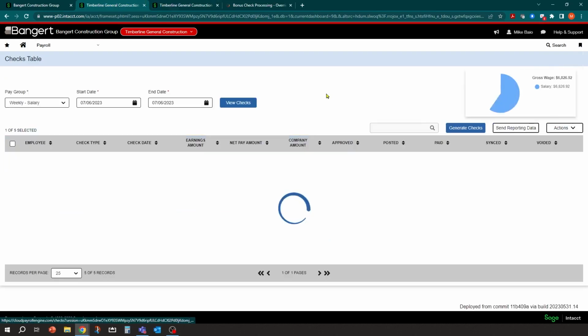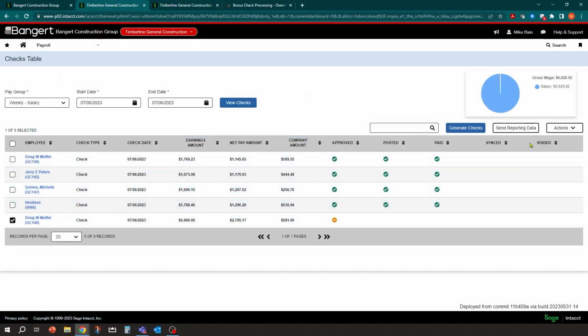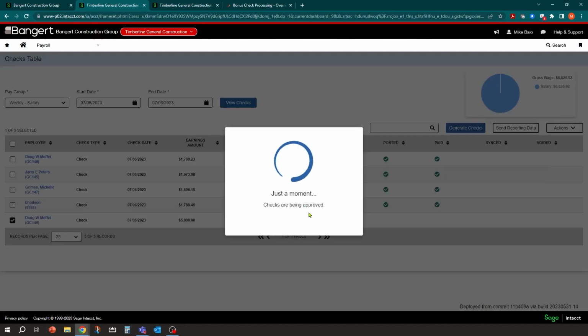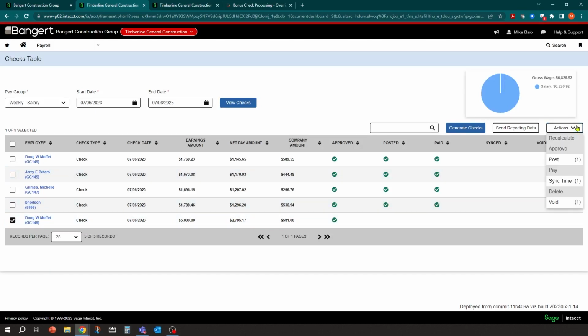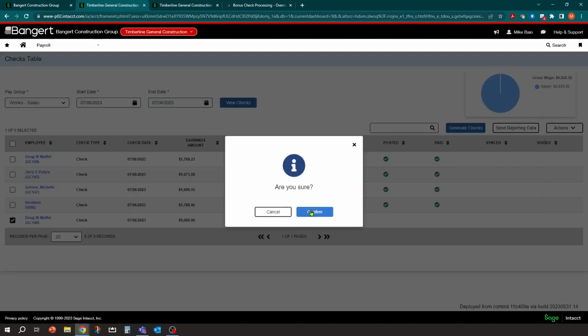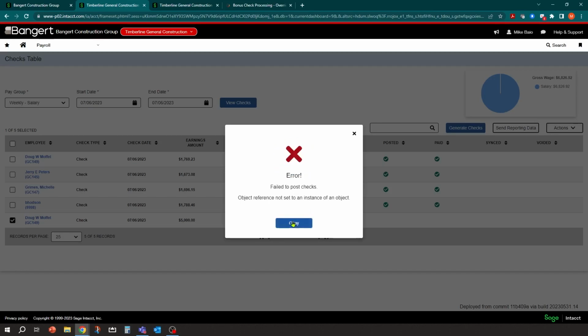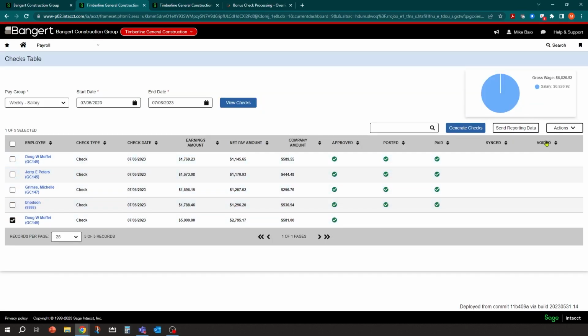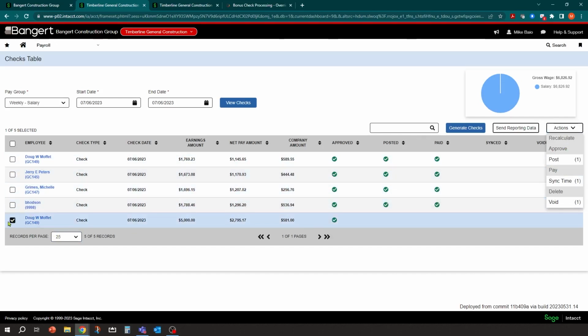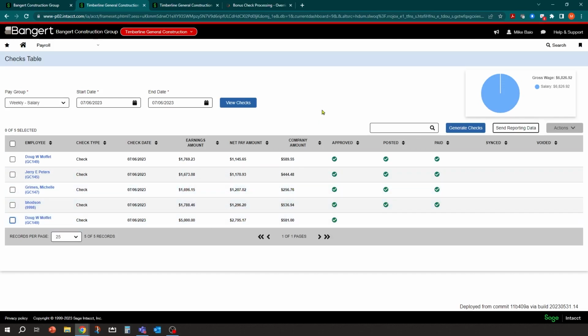Okay. So at this point, basically then Doug is ready to go through your normal process. It looks good. We're going to approve it. And this is going to be your normal flow. Then we're going to post it. And then we're going to actually pay it in the system. So when you're paying it, that's when it'll do the regular direct deposit. But basically at that point, you're taking it through your normal process in the system for that bonus check that'll be posted. So it's a pretty simple process.